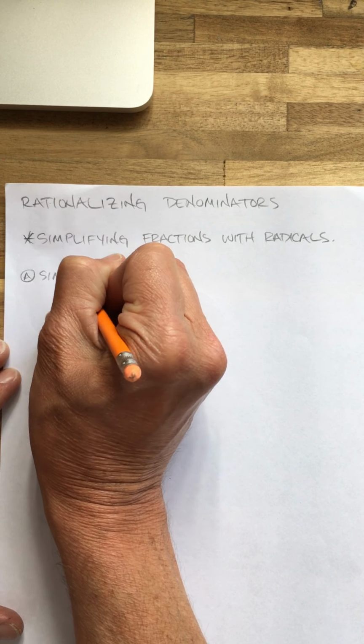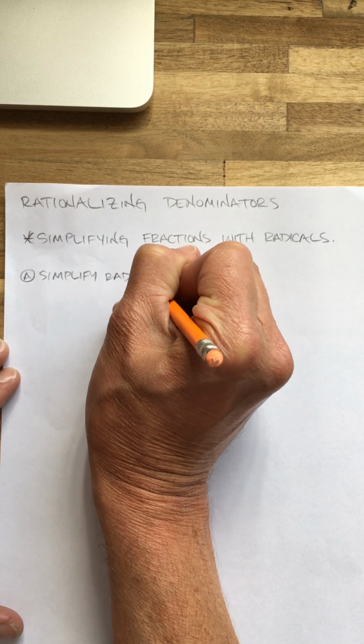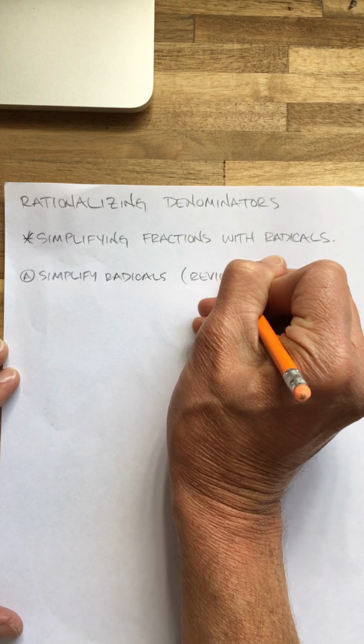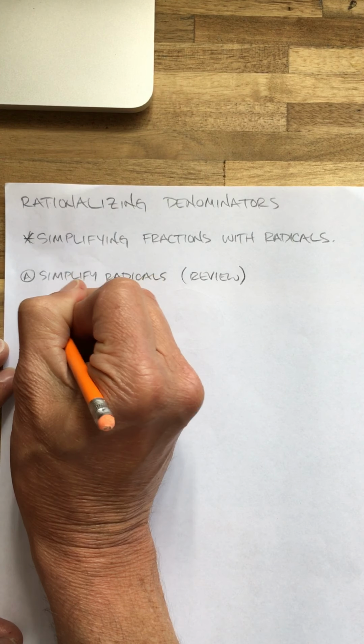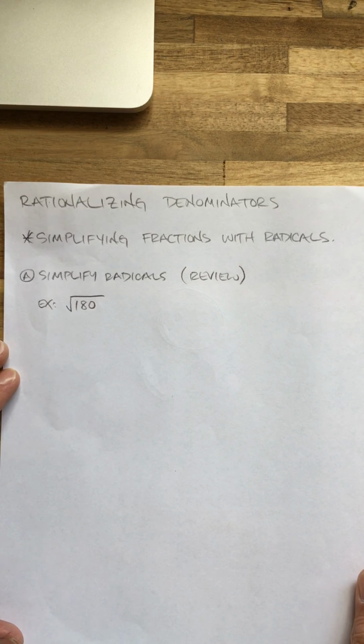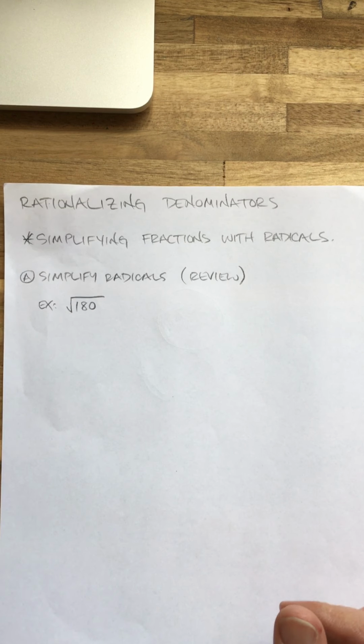Simplify radicals, and then this is review, okay? So we'll start off with this example, the square root of 180, okay? All right, now if you remember, to simplify this, we have to start off with